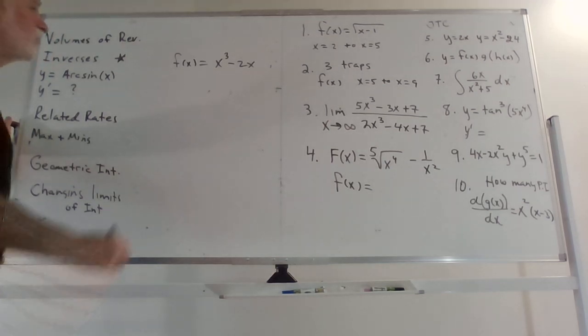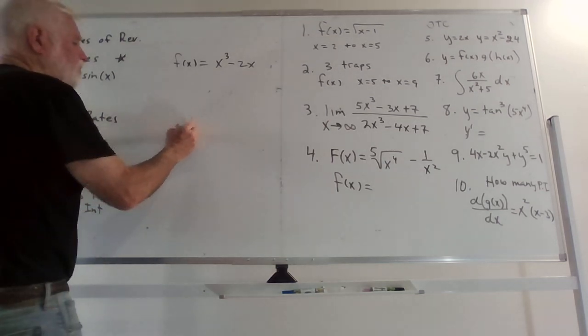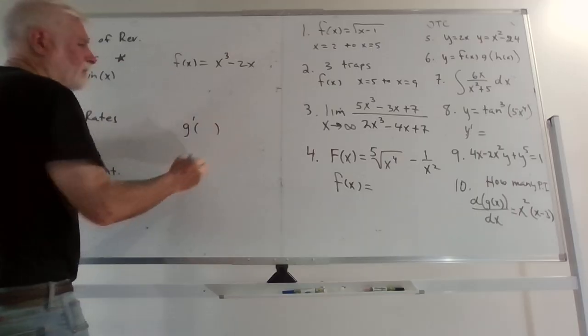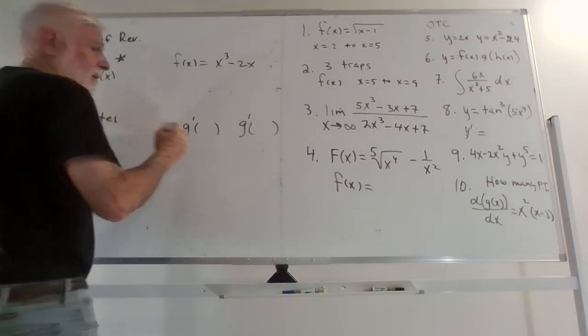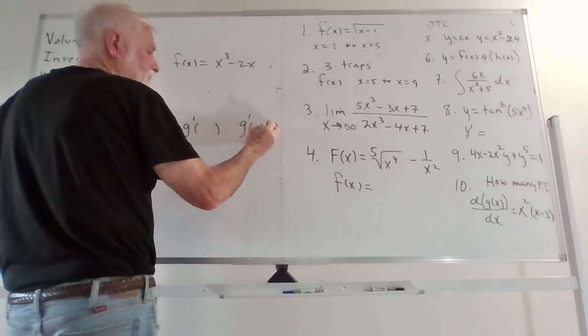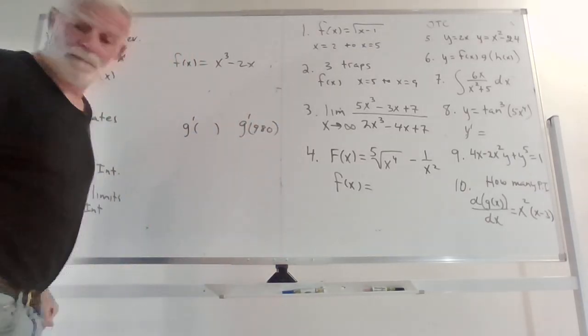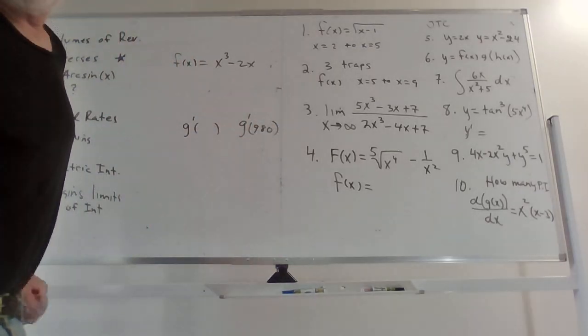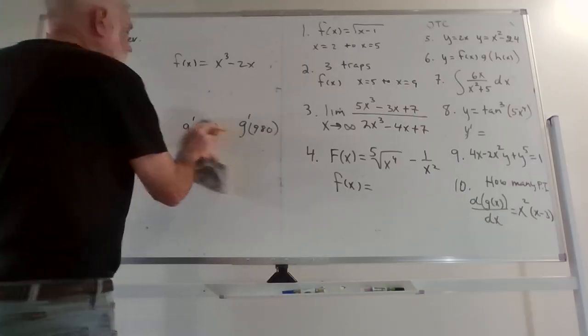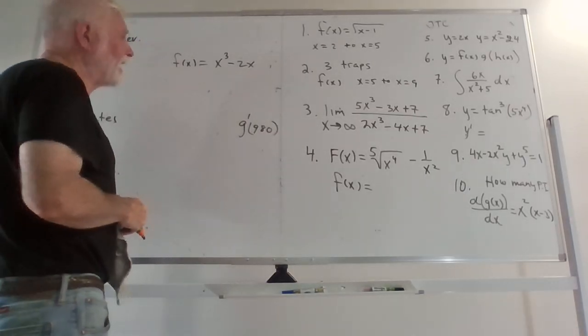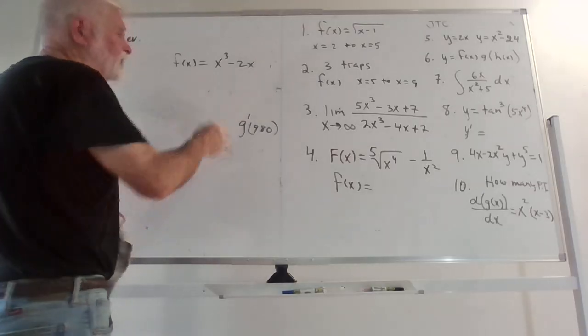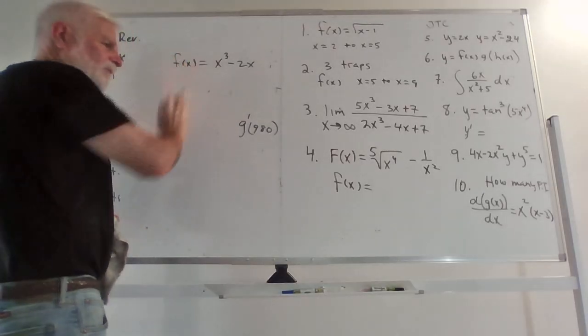Okay, and I told you I want to find g prime of 980. Well, you're going to have to use your fingers on this one and count. How do I get 980? Because I shouldn't have erased that yet. I should have looked at